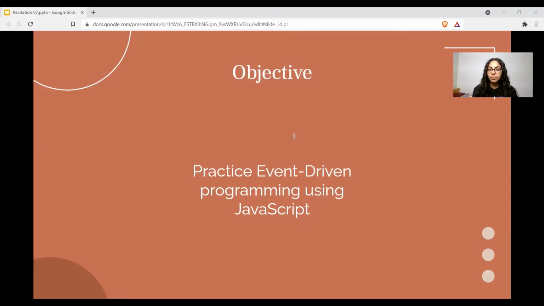An event-driven application is designed to detect events as they occur and then deal with them using the proper event handling procedure. JavaScript in the browser uses an event-driven programming model, and everything starts with an event. So that is what we're going to look at today.